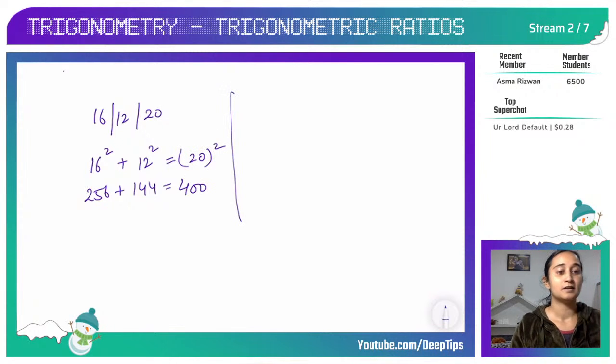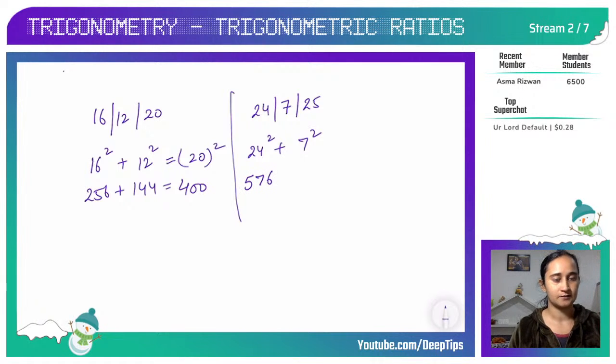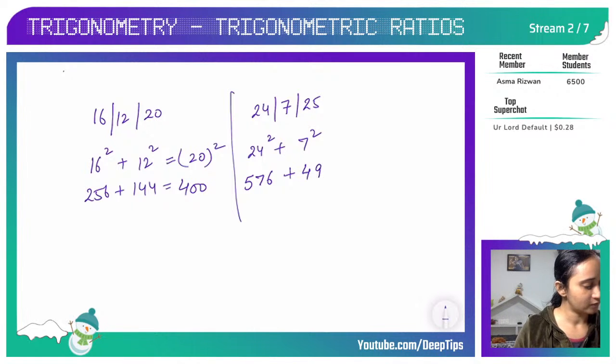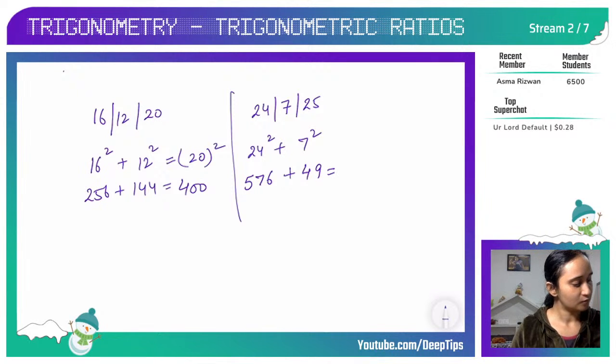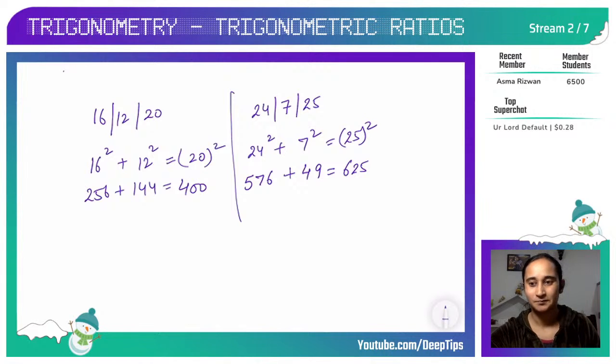And if we look at the next Pythagorean day, that will be 24th of July 2025. So 24 square plus 7 square, if you calculate this, 24 square is 576. You can check one of my videos in math tips and tricks where I have explained how to do the square of 2 digits and 3 digits. Okay, and 7 square is 49. So if you add them, it is equal to 625, which is square of 25. So welcome to Deep Tips on this special day.